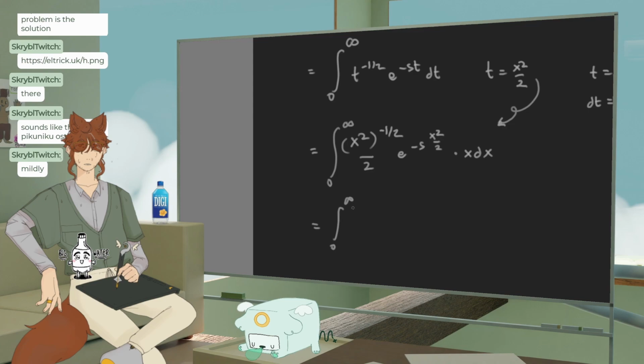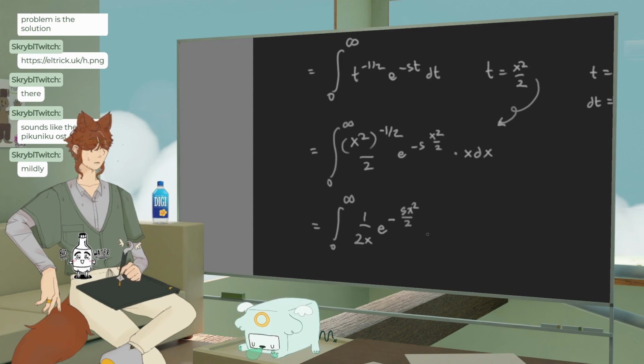Okay, if I just square it, we can say x squared to the negative 1/2 is going to be 1 over 2x, e to the negative s x squared over 2 times x dx, times